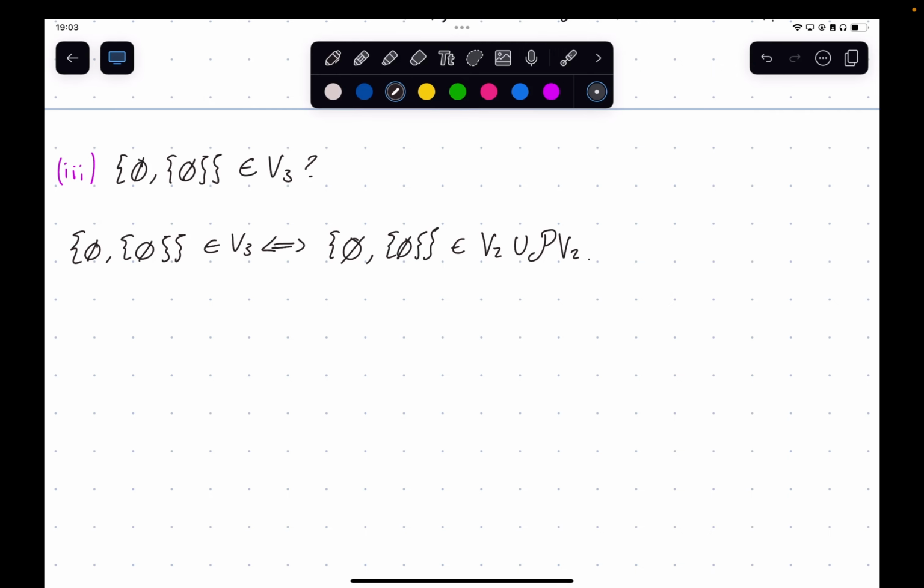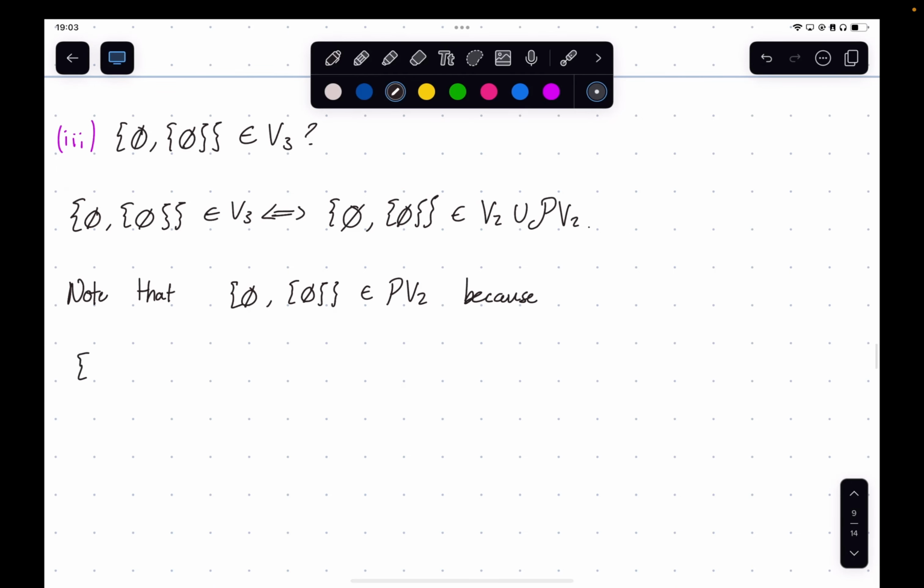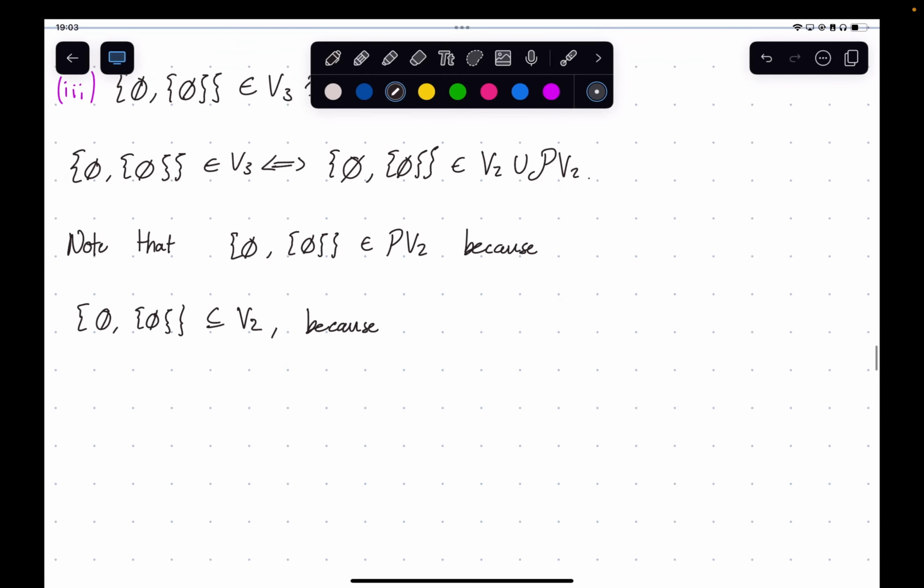Okay, and now note or observe that this is in the power set of V2 because this is a subset of V2, because